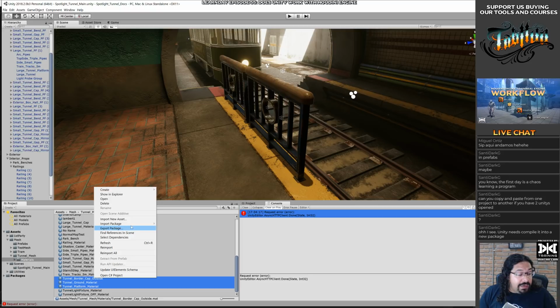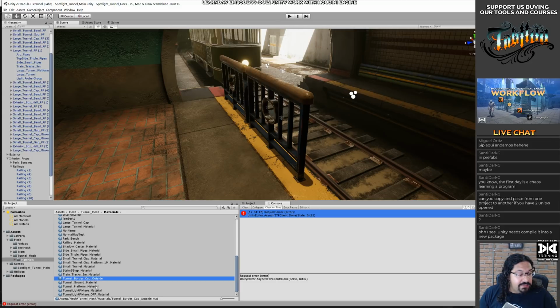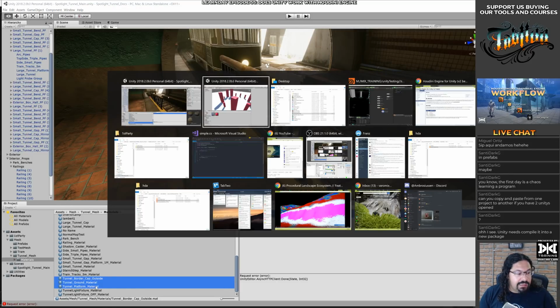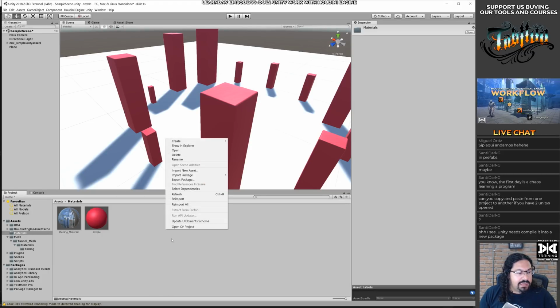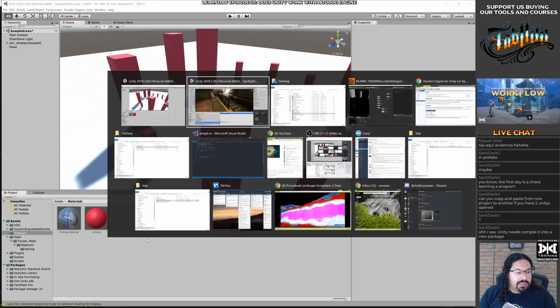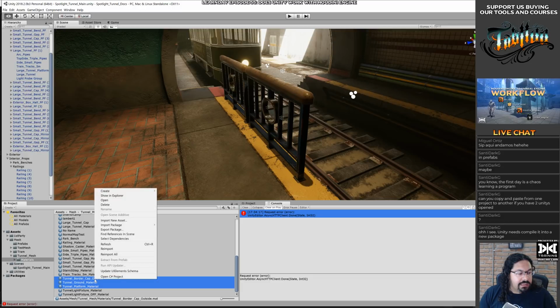Well, that's what I'm doing, because if I just copy these guys like that and paste them here, I don't think it's going to work. You can't even do that. Now you can actually just copy paste.